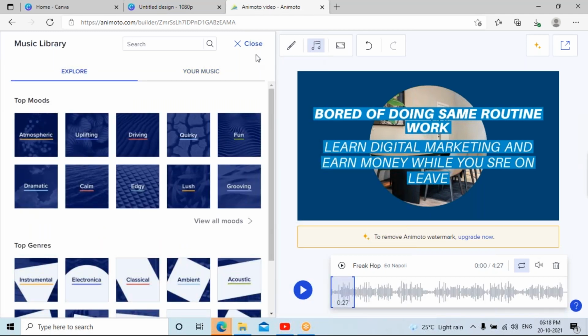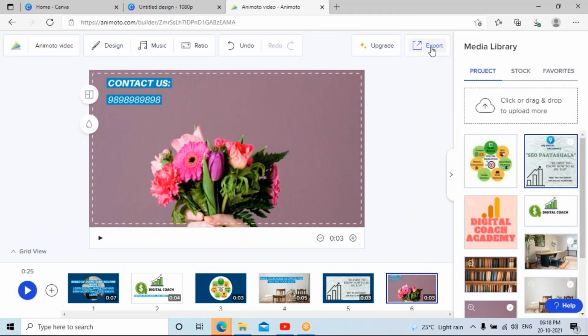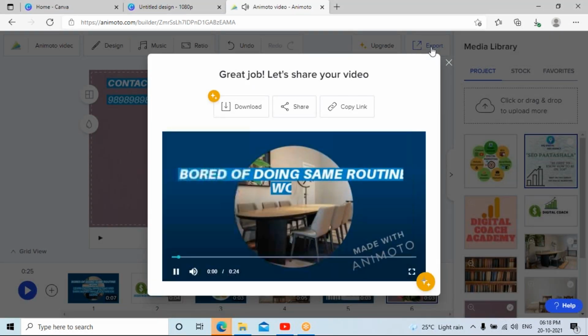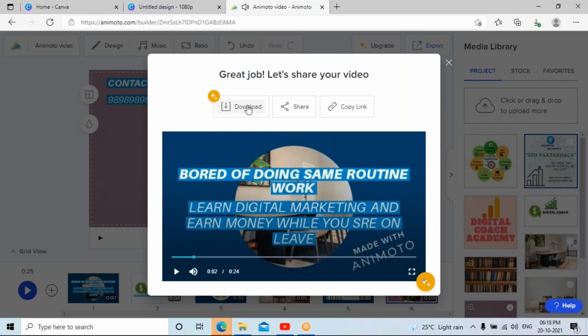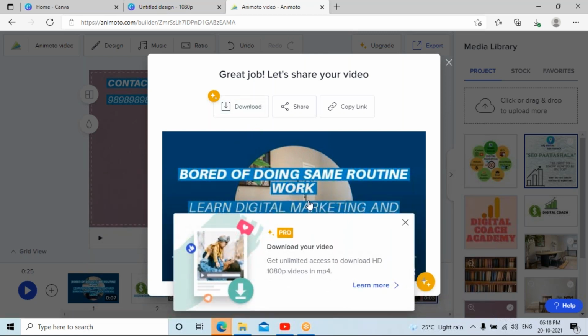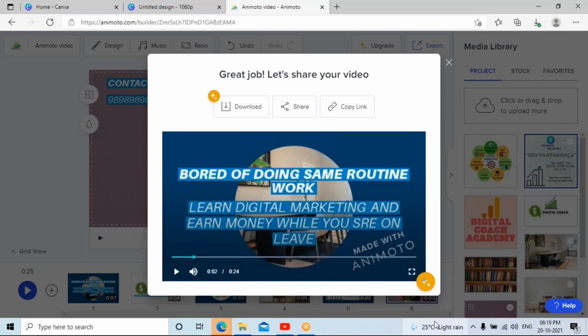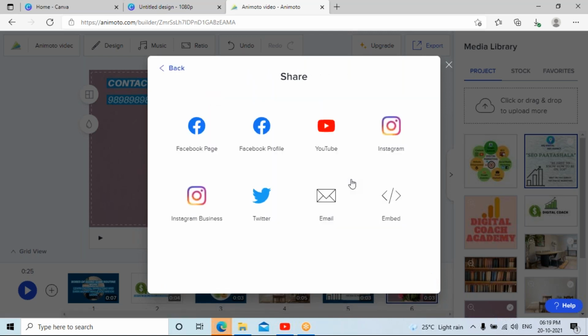Okay, so finally, once everything is done, click on export and download it. So you can directly share it with any of your other social media accounts.